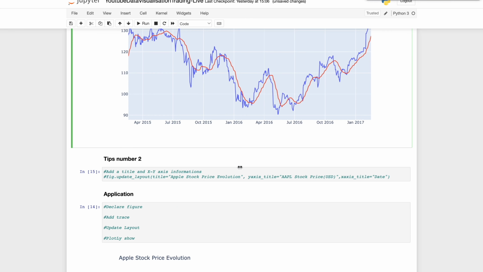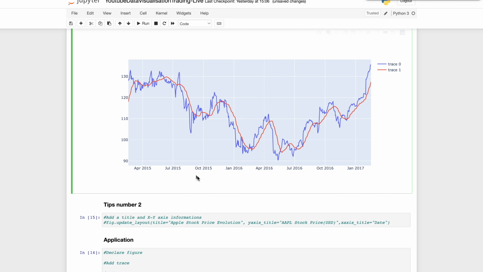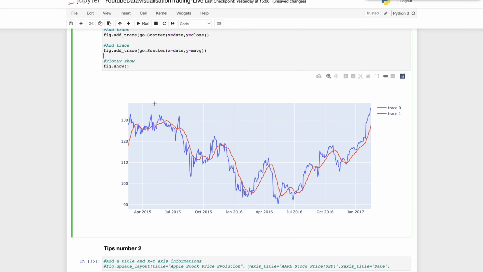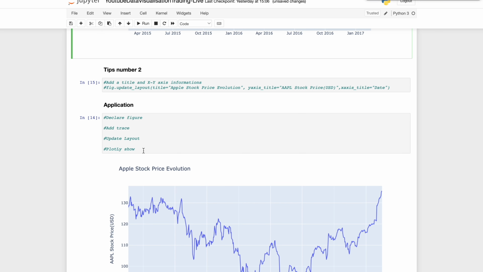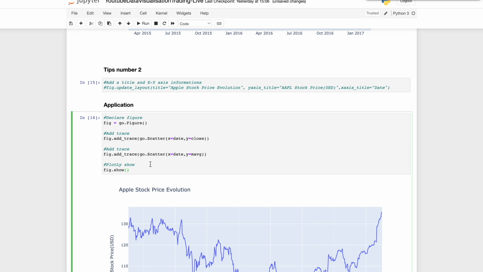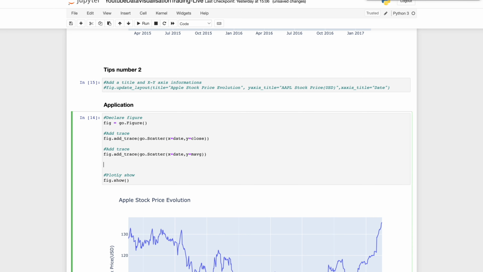So we are just going to add one line of code, and we are going to ask Plotly to update the X axis, Y axis, and title. We are just going to take off what we have built right there, and in between, we are just going to add one line. It's the line which is here, fig dot update